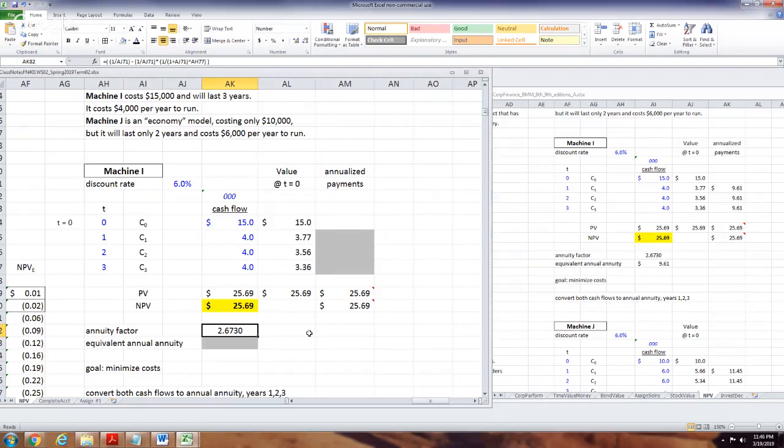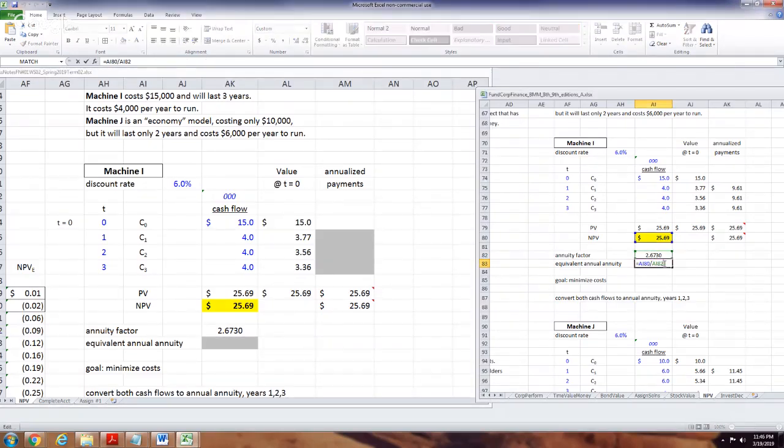And in the summers, I used to go over this a lot. What does that mean? That means if I had to pay $1 a year for 3 years, I need $2.67 today to satisfy that at 6%. That's really what that means with that factor. And I'll say that one more time. If I had to pay $1 a year for 3 years, I need $2.67 in the bank account today that would earn 6% a year. That'll throw off $1 a year for 3 years.